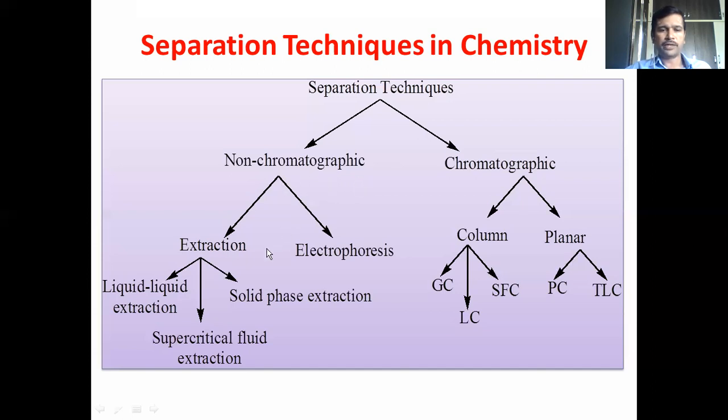What are these non-chromatographic techniques? We may use simple extraction process. And this extraction process may be liquid-liquid extraction, means analyte will be made to interact between the two liquids, and if the analyte has greater solubility in any one of these two liquids, that will be made to transfer. So we will take the analyte by dissolving in one liquid. That means we will take the solution of the sample and we will transfer that into a separating funnel, and we will shake the separating funnel with an organic solvent or with any other solvent which is opposite to the solvent we have used for the dissolution of the analyte.